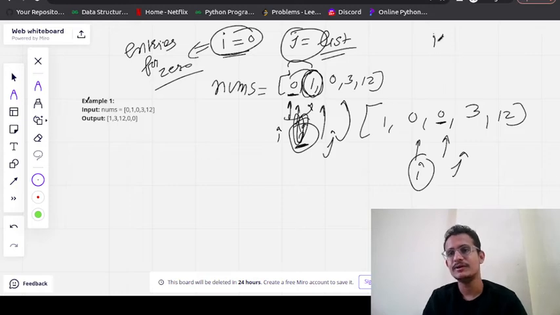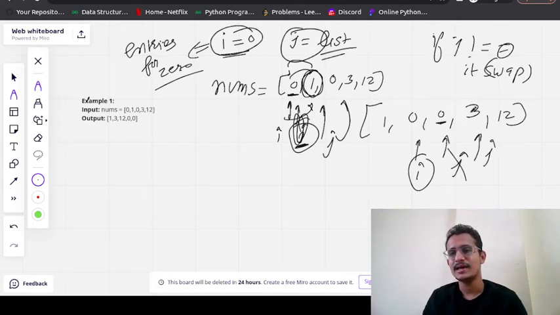So if nums[j] is not equal to 0, it will swap. Here it is 0, so j will move directly to the next. As soon as we get the non-zero, it will swap. So our list will become like this, 1 3 0 0 12.